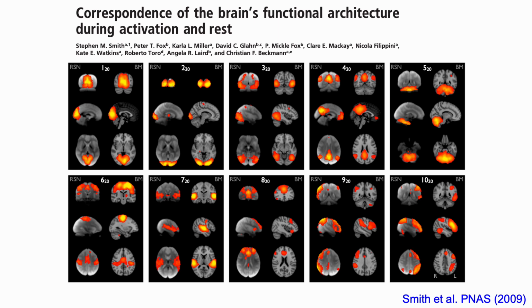In another study published by Steve Smith and colleagues, along with Peter Fox, they used the BrainMap database, which had 58,000 coordinates of coactivation corresponding to different tasks. And then they did independent component analysis from 36 subjects, and what they found was a very good correspondence, let's say for the